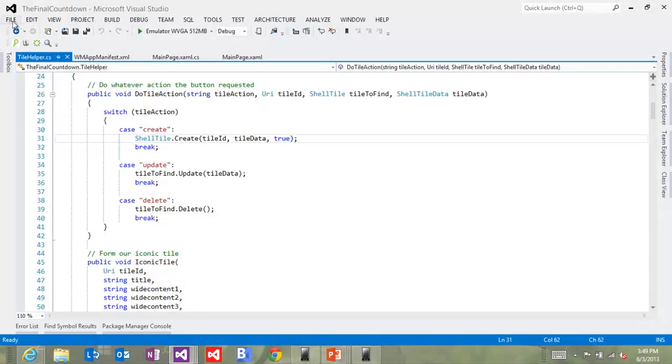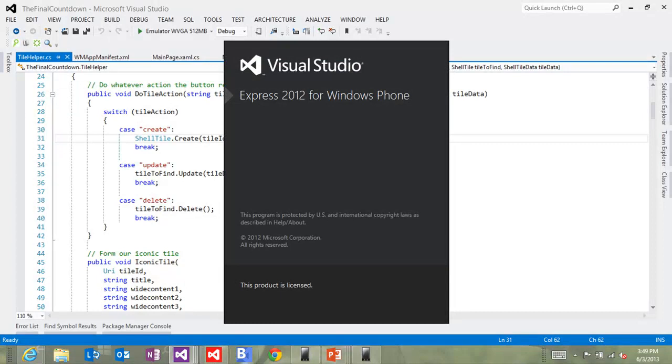So this is Pro here. If you have a higher SKU of Visual Studio installed and you install the SDK, it will augment your existing SKU. So if you have Pro or Universal or any of that, it will add phone development to that SKU when you install it. But for the person who doesn't have that, you get the Express SKU.